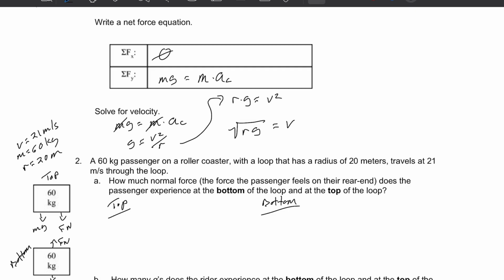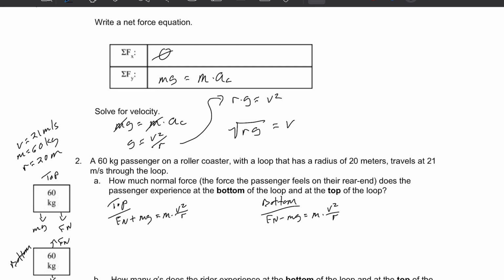I've got my free body diagrams on the left, and then I'm just doing left and right. So top, I'm going to say I've got force normal plus mg is equal to mac. And ac, of course, is v squared over r. And at the bottom, it's going to be very similar, but force normal minus mg, because mg is not going the same direction as normal, it's going the opposite, is equal to mac, and of course, ac is v squared over